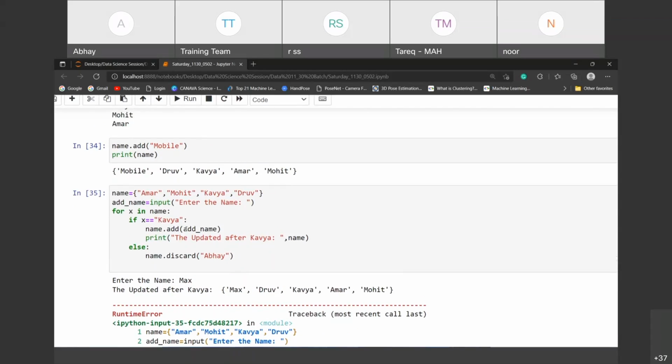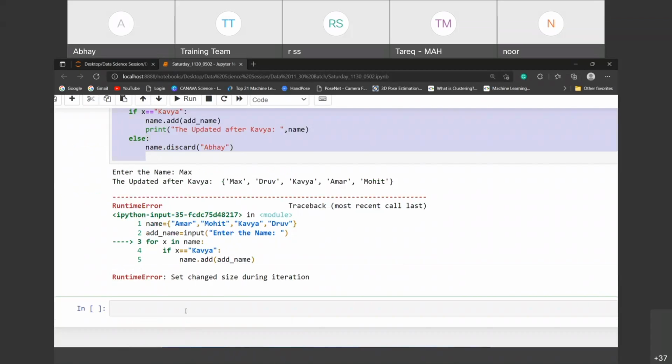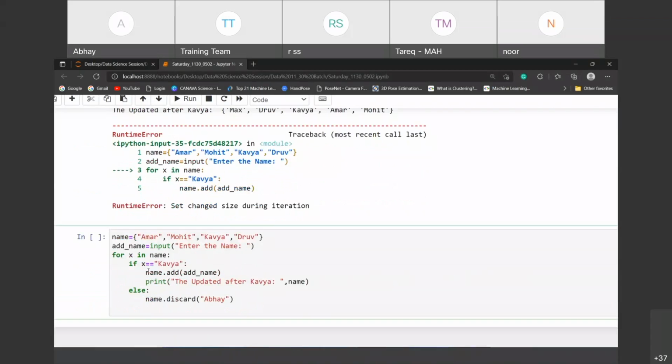If suppose I work with this code, check out what I'm going to do. I'll remove this one.